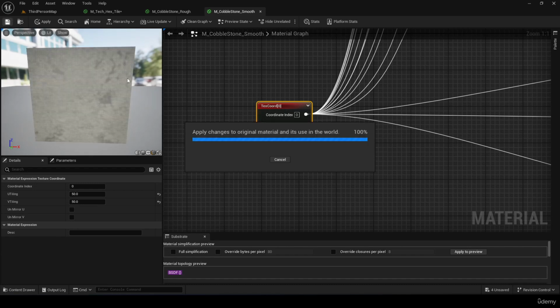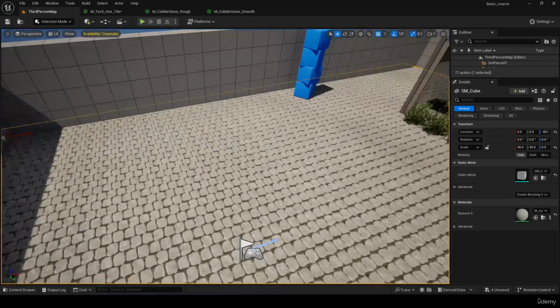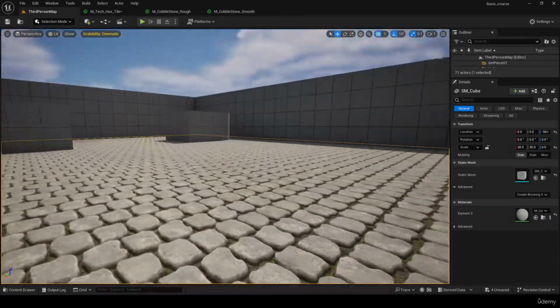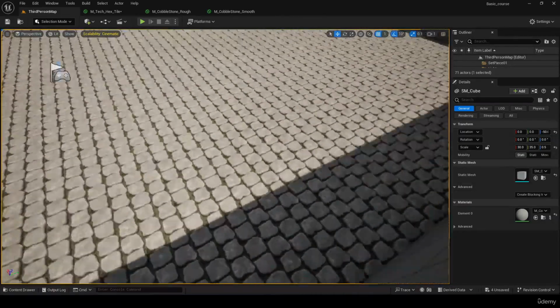And save now. Again, let's give it a moment. Ideally, you wouldn't want to edit tiling on the individual materials and would use instance materials, but I will explain what instance materials are later. Okay, this could be better if we randomized it somewhere, but this should be fine for